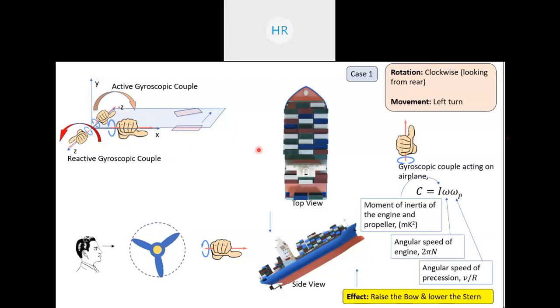આપણે જ્યારે gyroscopic effect on aeroplane discuss કરેલી હતી તેમાં આ same cases હતા કે plane is moving in front and then its propeller is rotating in clockwise direction and plane is taking left turn. તમે જો compare કરશો તો આ effects જે છે તે same આવશે. આ જો bow અને stern ની જગ્યા પર તમે front end અને rear end word use કરશો, then these effects will be same as discussed in